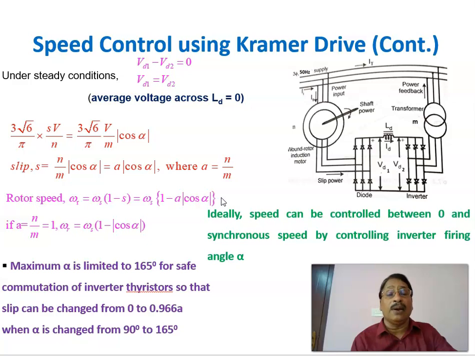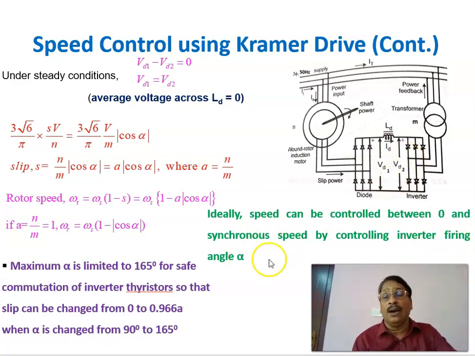Similarly, alpha is changing between pi by 2 and pi, because this is working as an inverter, the range of alpha is between pi by 2 and pi. Therefore, if alpha is near to pi or almost equal to pi, then we'll be getting omega equal to 0. Therefore, ideally speaking, the speed can be controlled between 0 and synchronous speed by controlling the inverter